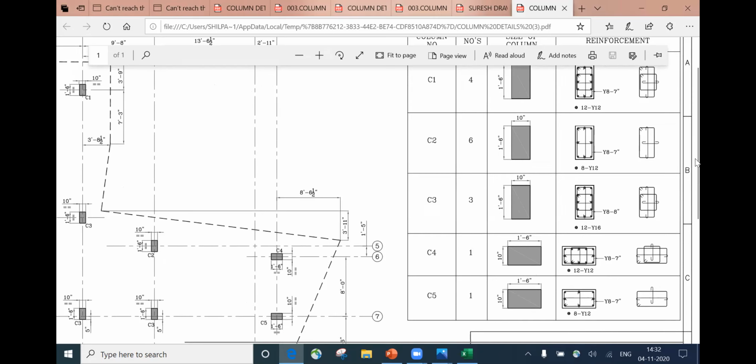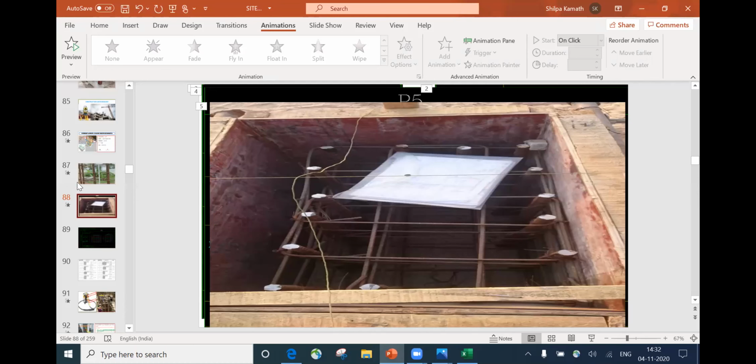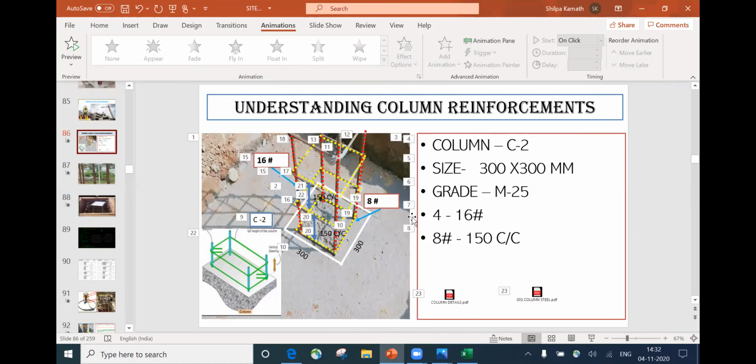Now we'll try to see what is that lateral ties, right? So hope you know what is lateral ties. These are the lateral ties. If you want, I will go back to that. So these are the lateral ties. So what I spoke so far was about this length, how many vertical bars are required. Now we'll try to see what diameter of this bar has to be used, I mean the lateral ties, and what should be the center to center spacing of these two lateral ties.